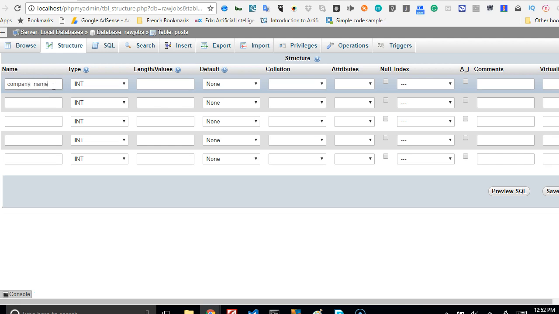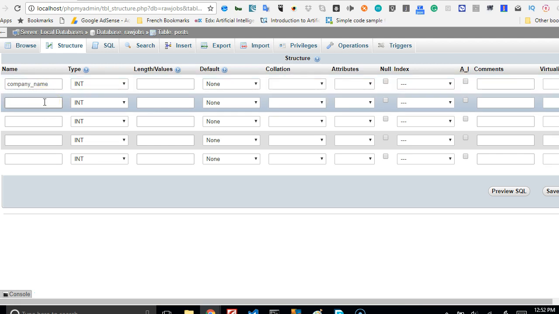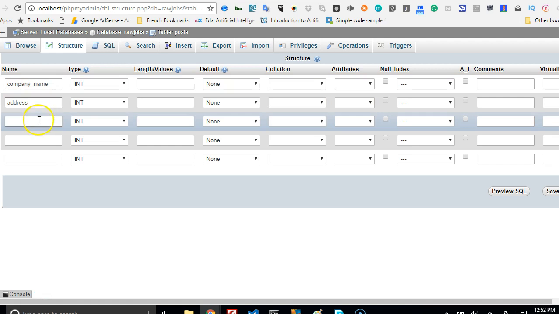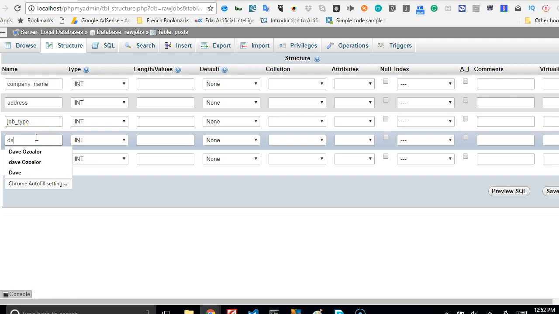All right, so we're going to add company name, and we're going to add company address. Okay, or we can just put an address. It may not be company address. What if the person doesn't have a company? Okay, so then we will have to add what job type. Then we can do date, interview date,